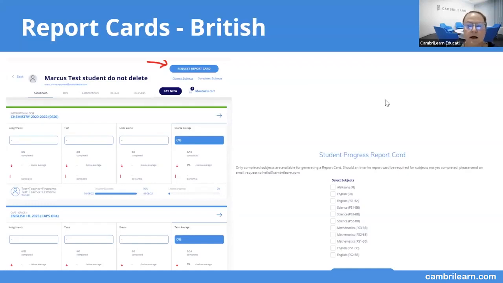So again, from the Guardian profile, logging in as the Guardian, you would then go through the prompts to view the student tracker. So click on the linked student, opening up the student tracker, which lists a breakdown of all of the subjects and the progress. Once everything has been uploaded for each subject and marked, you would be able to request the report card directly